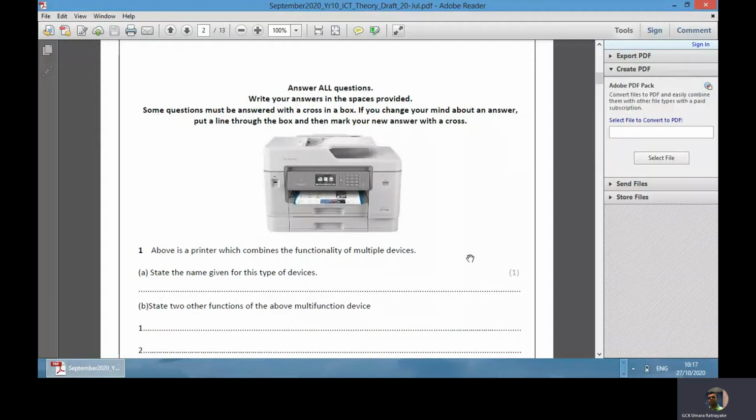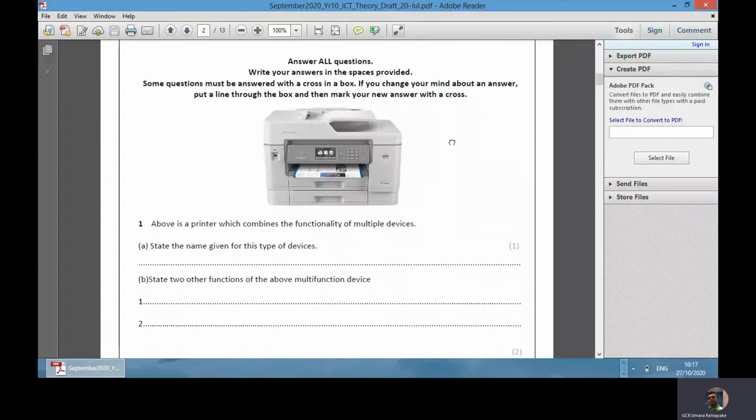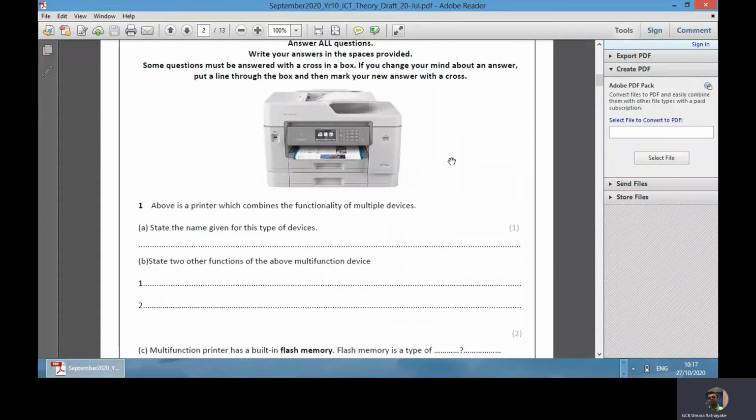If you haven't done the paper, make sure that you do it first, and then go through the video and correct your answers. Right? Don't just look at the video first and then do the paper. That's not going to serve any purpose. So you can see here in this paper, of course, we are testing from unit 1, the first chapter, to the first 3 pages of